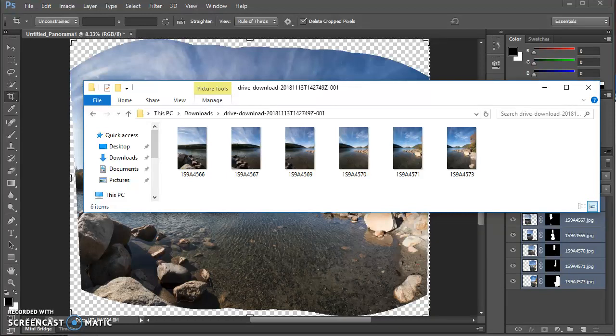In this tutorial, I'm going to talk about how you create a panorama using photos that you've taken and the automatic function within Photoshop that allows you to combine pictures together through what's called photo merge. To begin with, you want to make sure that you've got some images that overlap and are pretty consistent with